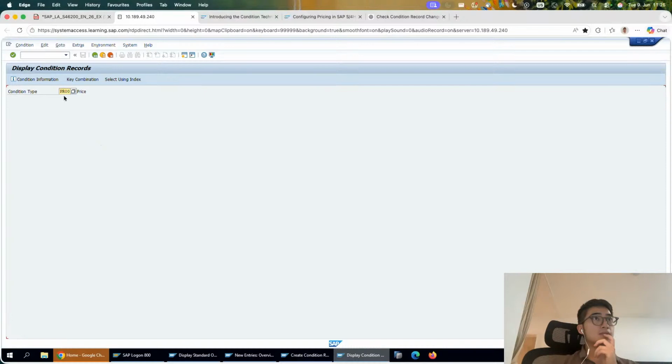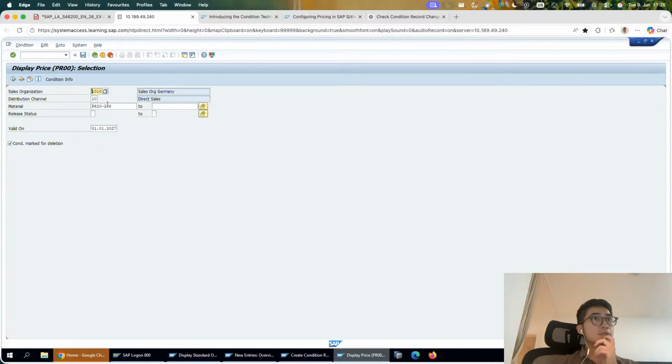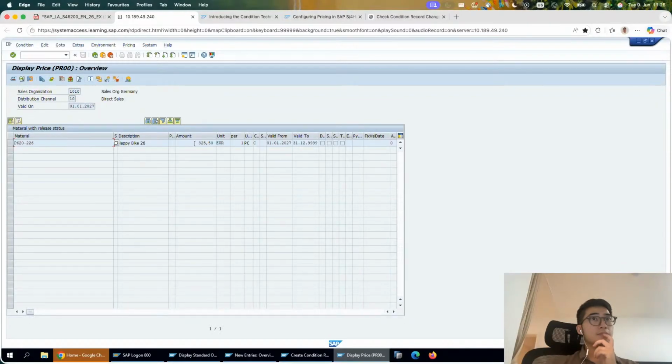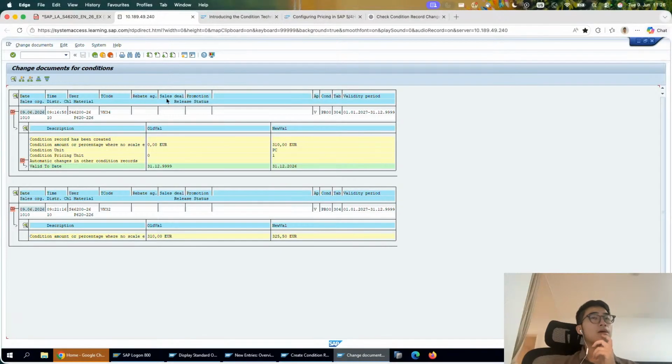So, or at least the key combination of material price status. I'm going to select this one, valid on today. Yeah, this is the price, and I want to check the Environment, Changes per condition record. Okay, this is perfect. Yeah, this is exactly what I need,